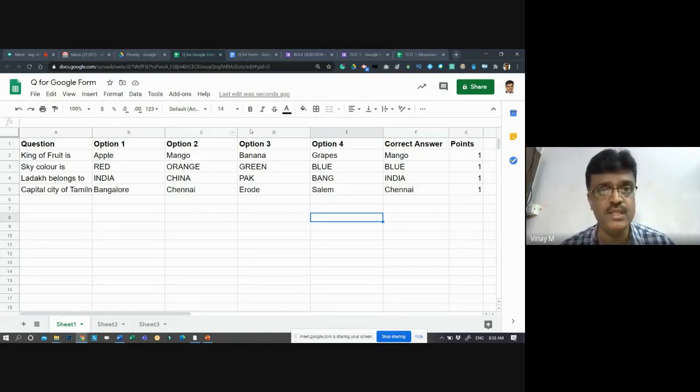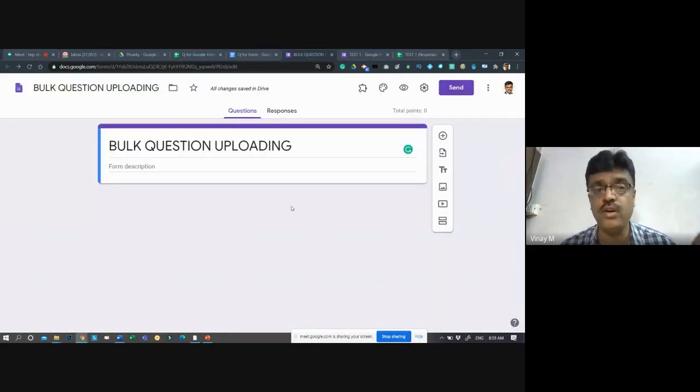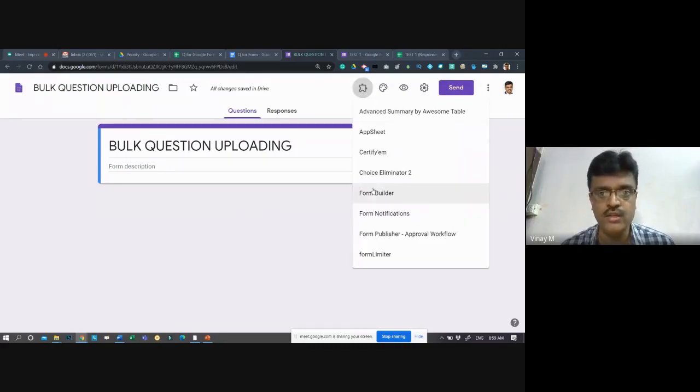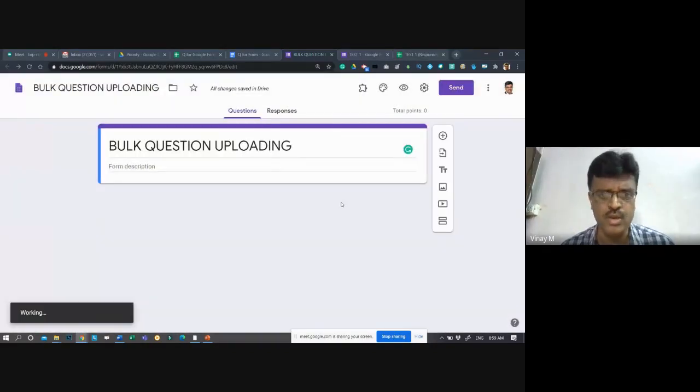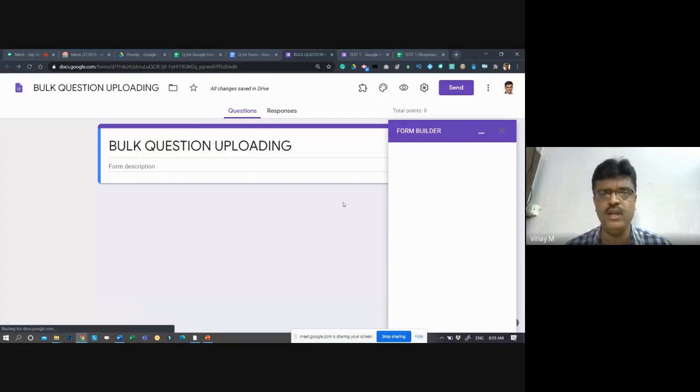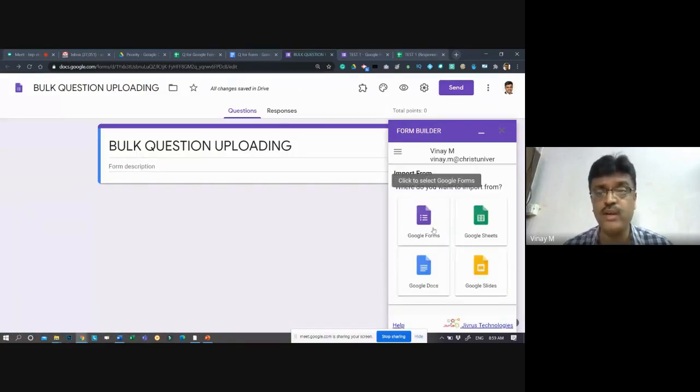Now, once this is saved, it is automatically saved. Anyway, you can see here the document status. This indicates it is saved. In your Google Form, just create without any questions, make this a quiz, and now, instead of this import from Google Form, I'm importing from Sheets. In the add-ons, there is an option called Form Builder. Click this, and it will start. It's already installed, so I'm just starting it once, and it will ask me from where you would like to import the